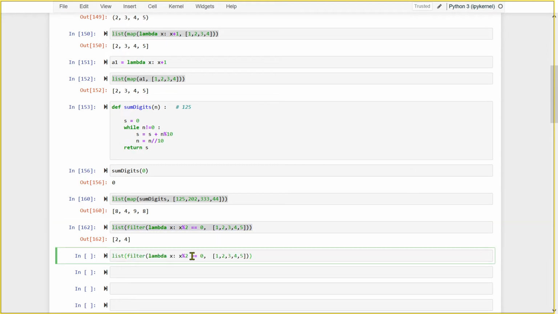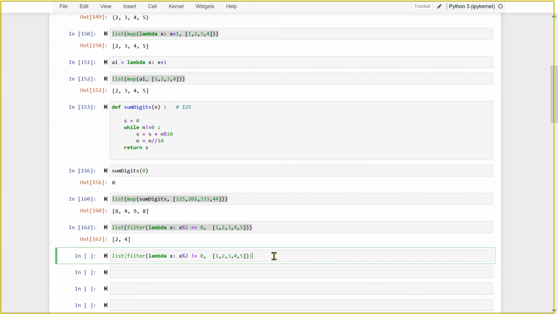Now if I say not equal to instead of equal to, what will it capture? It will capture 1, 3, 5, because x modulus 2 not equal to 0. For 1, it evaluates to true, so take 1. Now 2 comes: 2 modulus 2 not equal to 0?